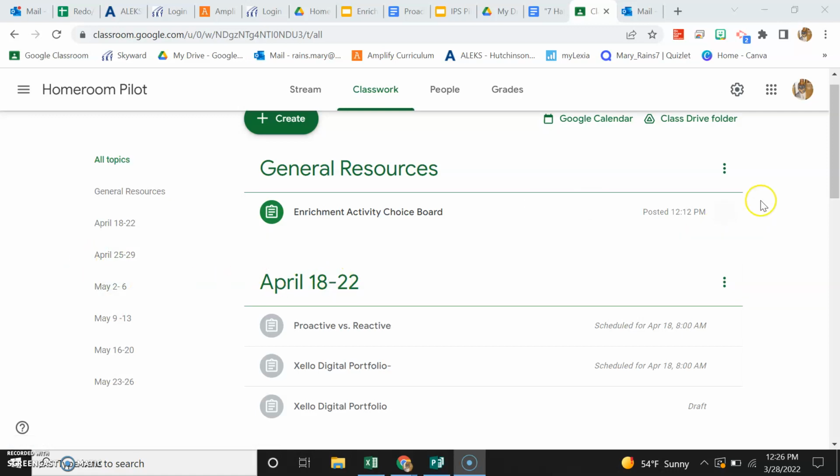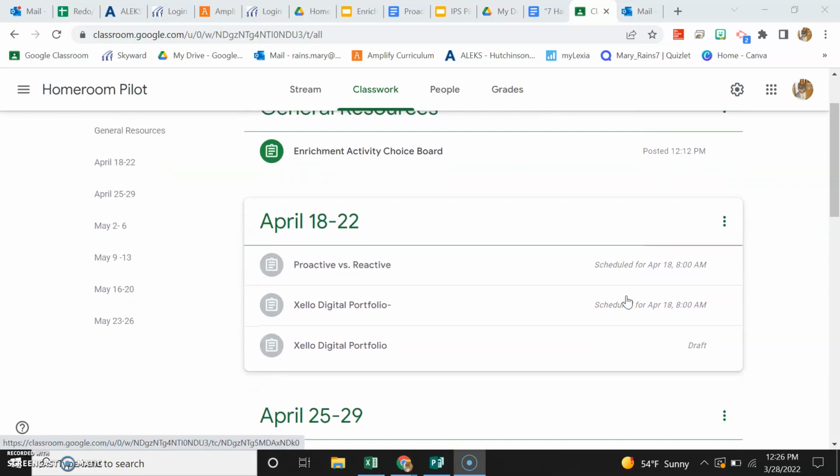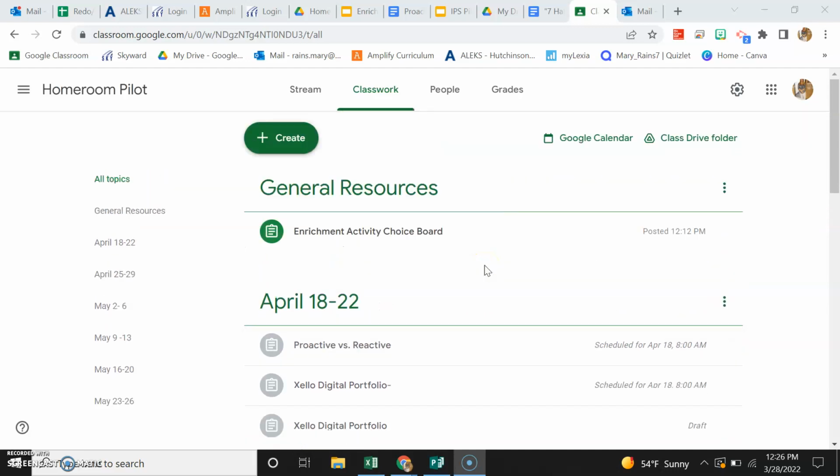So that being said, first thing that you guys kind of need to know about is that you hopefully will get a Google Classroom code soon, or you've already joined a Google Classroom from your homeroom teacher. They've given that to you. It should look like this. Basically, it's going to be set up by week, and each week there will be a few resources added that are things that you are going to be referencing during that week. There's also this general resources tab up at the top, or the topic up at the top, which will be where we put resources that you will need throughout the whole 6 weeks or throughout multiple weeks. It's not just specific to one week.